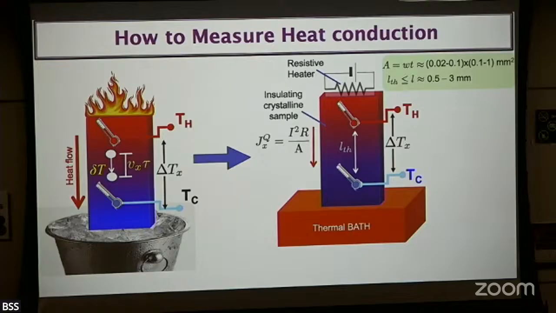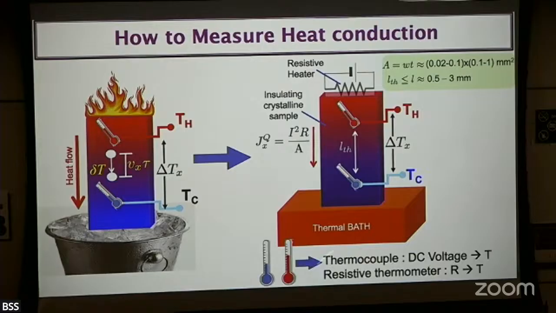So here, L_TH I define as the distance between the two temperature contacts. That is usually of similar order to L or slightly smaller, maybe 80% or 50% and so on. So we measure the temperature difference and divide by this length scale, and that becomes the gradient of the temperature. Yes, I'm getting there. Yes, of course, that's the most important thing.